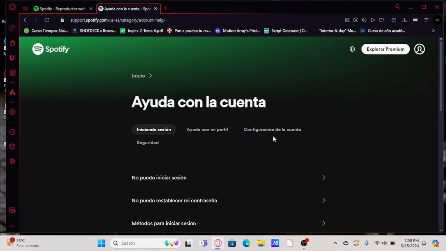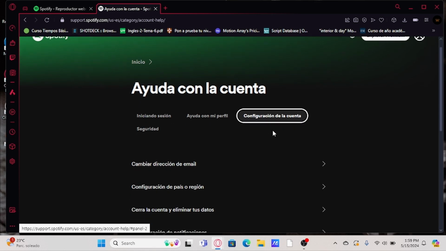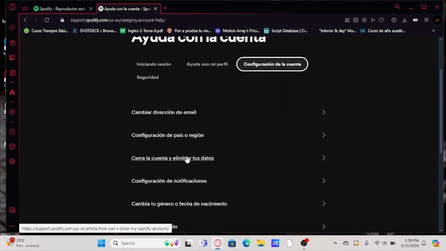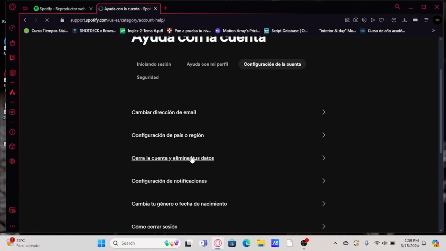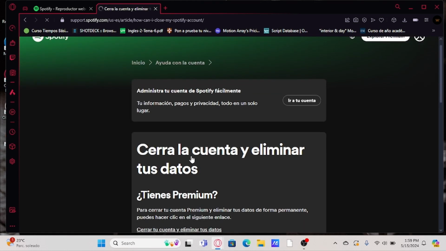This is settings of the account in English, and here you need to go down and pick here in cerrar cuenta y eliminar datos, in English, delete your account and delete the data, or close your account and delete the data. So you pick here, and after that you got a page when you got